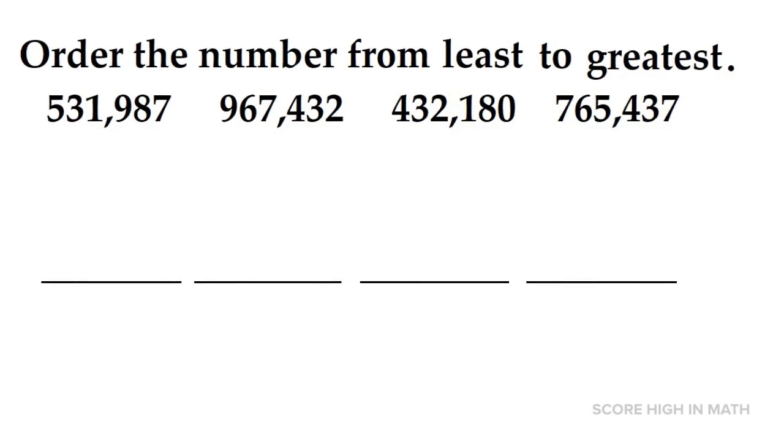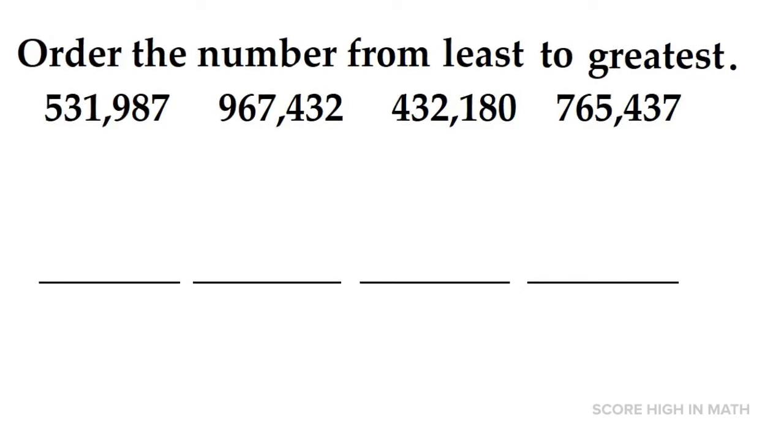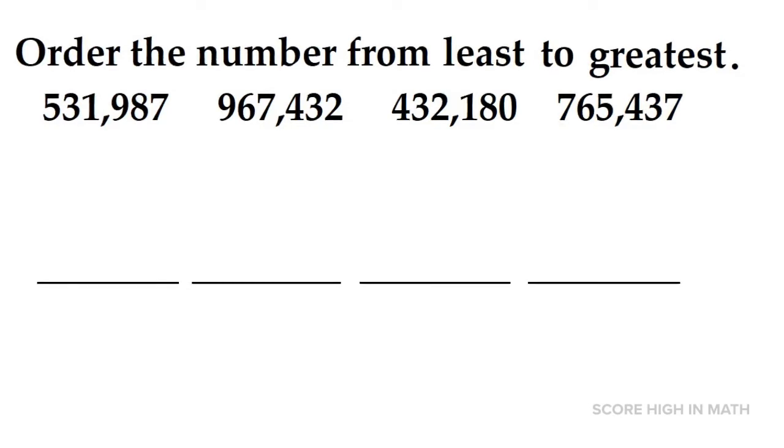The first number is 531,000. The next is 967,000. Then 432,000 and 765,000. You can easily identify the smallest number. By just looking at the hundred thousands place, you can identify the smallest, which is 432,180. Then the next is the